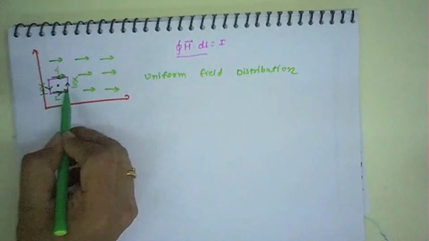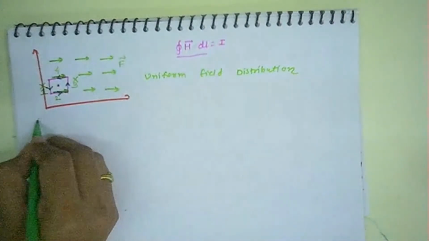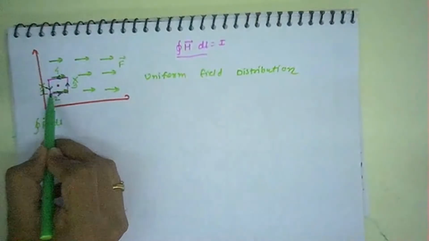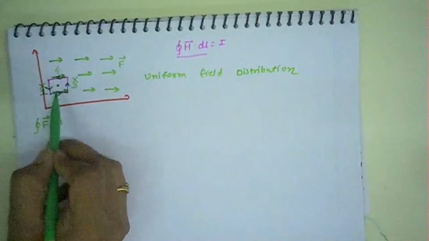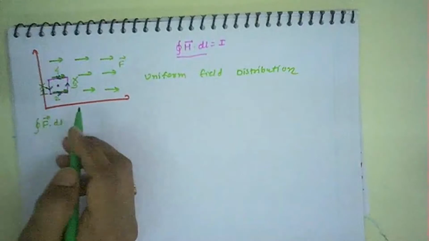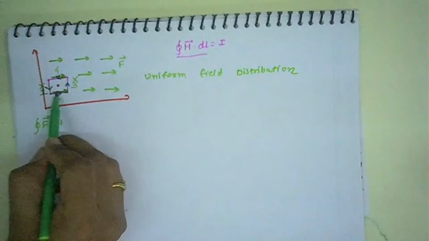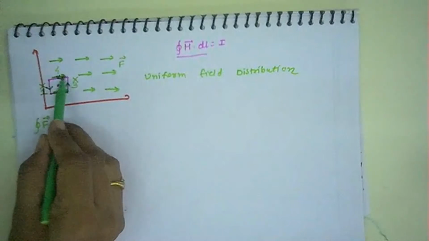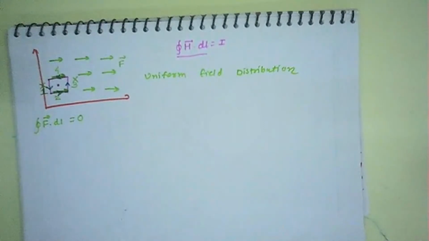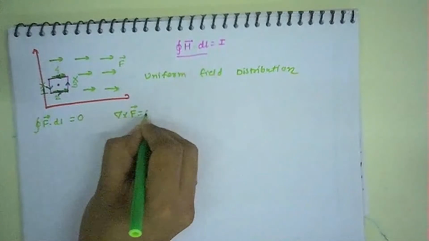Now, if I want to find out the total circle integration, let's consider my vector field is F. If I find out the circle integration, then what would happen? For lines number 2 and 4, the field intensity on these two sides is equal but of opposite polarity. See, this is the positive direction, this is towards the negative direction. So this would result in 0. That means the curl of this vector is 0.